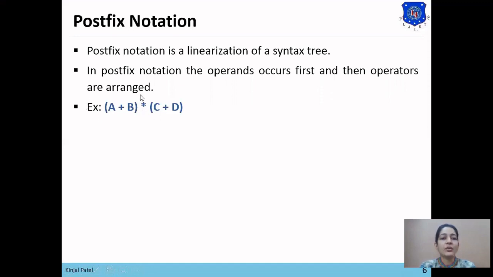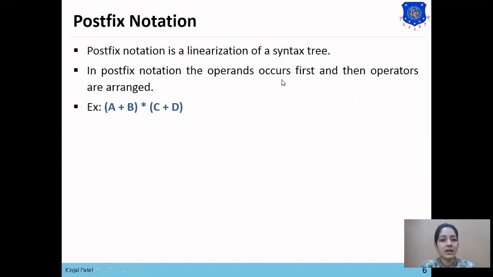Now, if we want to convert this expression into postfix notation, then the operands occur first. Means here, if we see the first bracket, then in first bracket there is sub-expression a plus b, in which a and b are the operands and plus is the operator. So postfix notation for a plus b will be ab plus.